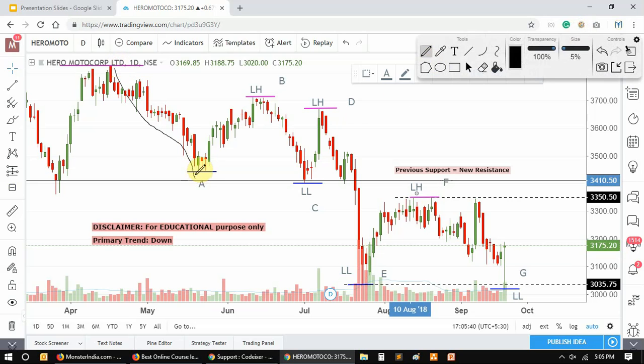This is, say, my leg A. Say this is my B, and then it came down to leg C. From C it goes to, say, D, and then from D it goes to E, and then this is the F here, and this is the last leg G we were expecting in this stock, which